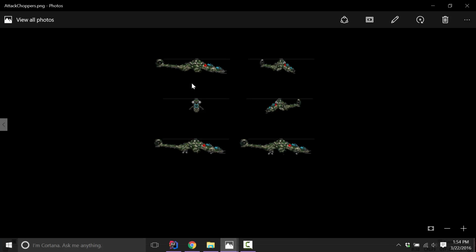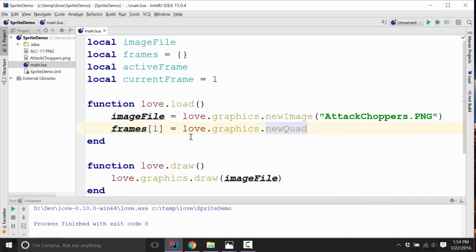We just need to define a quad, or the 4 sides, the top left corner, the width and the height of our shape to grab for that little subview. And we're going to create one for